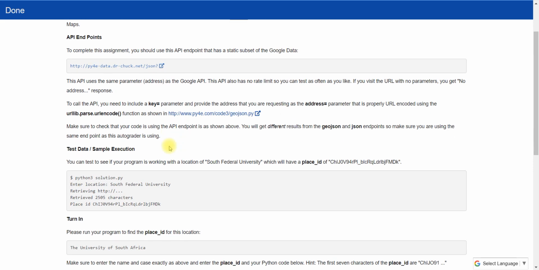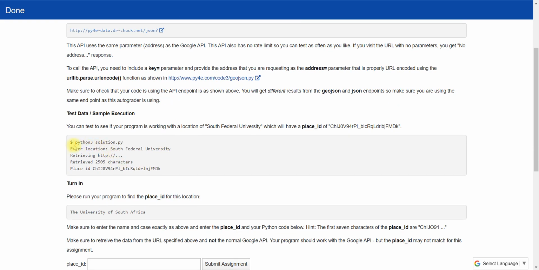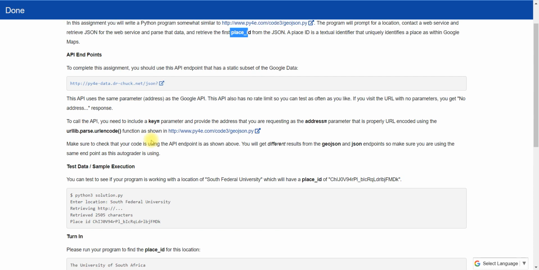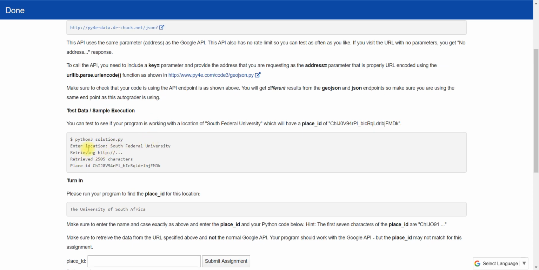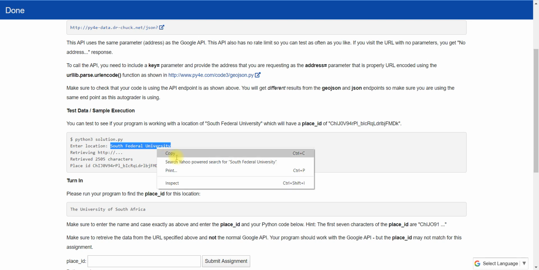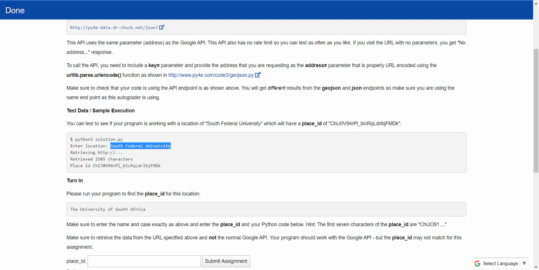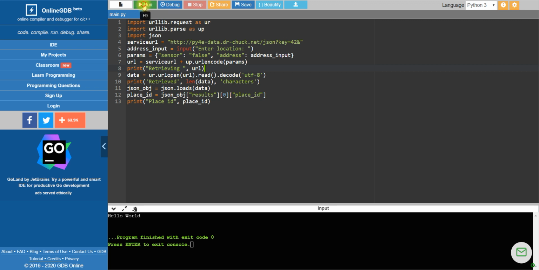And for checking, first you have to check this test case. So for the test case, what is the address? The address is South Federal University. So I will copy this, go here and run this.